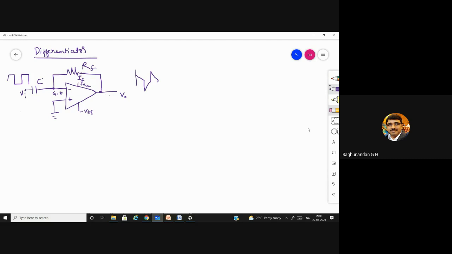Again, as I told, whenever you are going to use a capacitor in the circuit, we start with the capacitor equation, Q is equal to CV. What will be the voltage across the capacitor in this case? Vi minus Vg, and Vg is 0. So can we write it as C Vi directly? Because Vg is 0. If you don't understand, we can write C into Vi minus Vg, and then take Vg equal to 0.